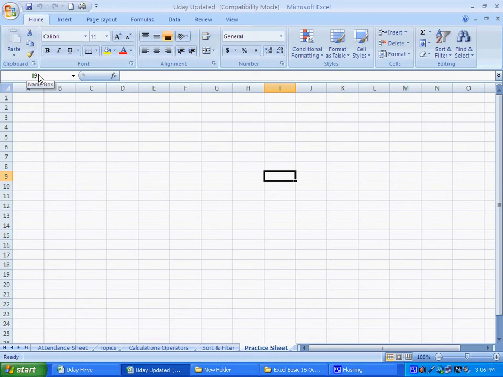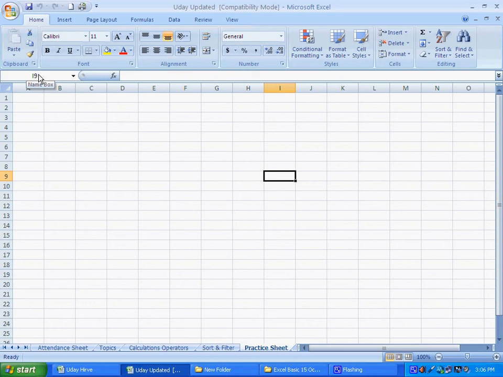Right now I am in column I and row 9. For example, you want to go to cell O525. So how do you go there? On your keyboard there is an F5 button.